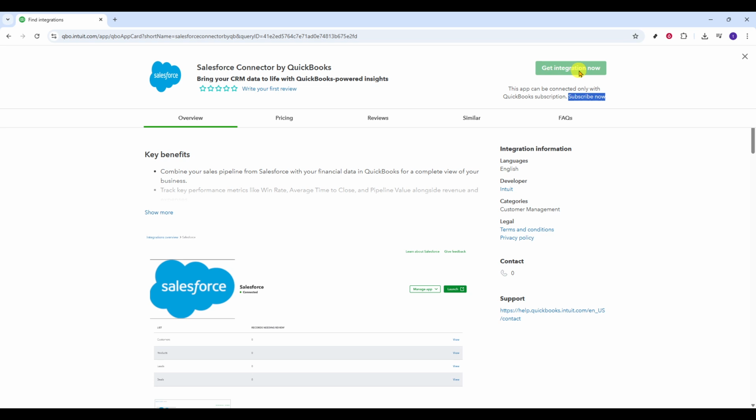When you're ready, click Get Integration Now. This begins the process with the official connector. At this point, you're starting the setup flow from inside QuickBooks, which is the safest and most straightforward place to do it. Keep an eye on any prompts that appear and be sure you're working in the correct company file